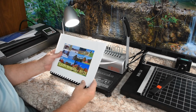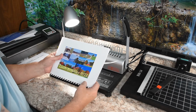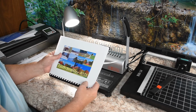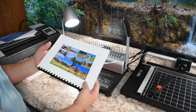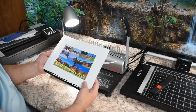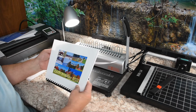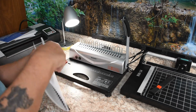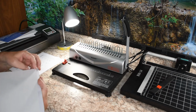2021. I only make about 10 of these, and whether I sell them or not really doesn't make much difference to me. I just like doing it, and if I do sell them, I get between $20 and $25. Helps cover the ink costs, the paper costs, and a little something for my time. But so, as you can see,